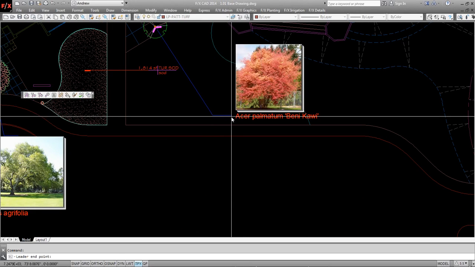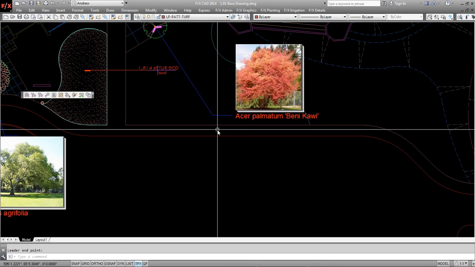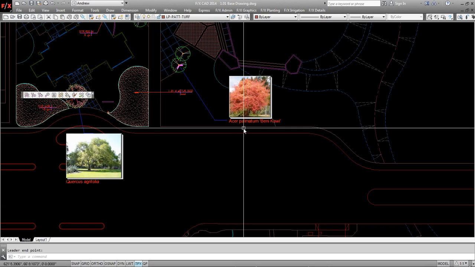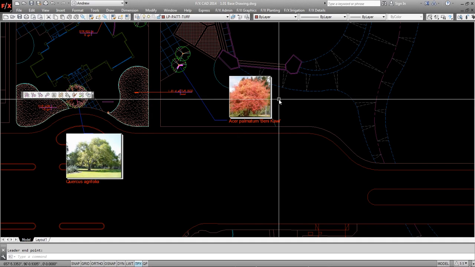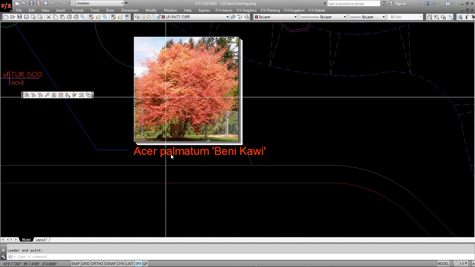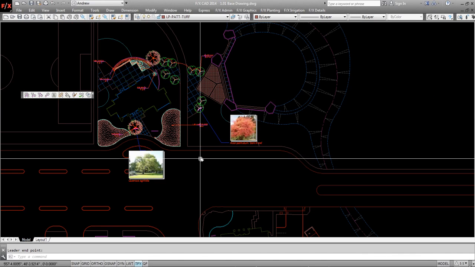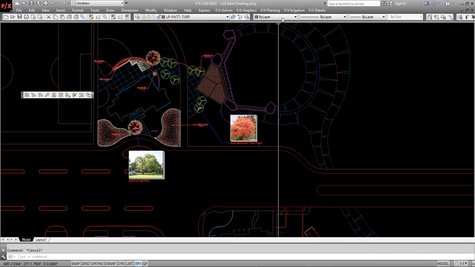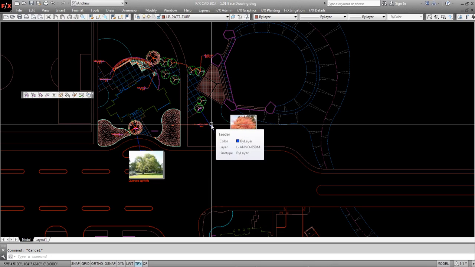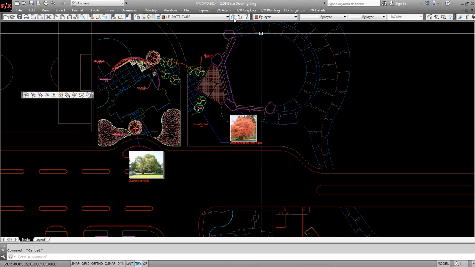I didn't do a very good job of doing my label last time, so I wanted to show you that I could do it right. All right, so there we go. You have the plant image, the name, and you can also do that from Paperspace, which is really handy as well. So let me actually move over to